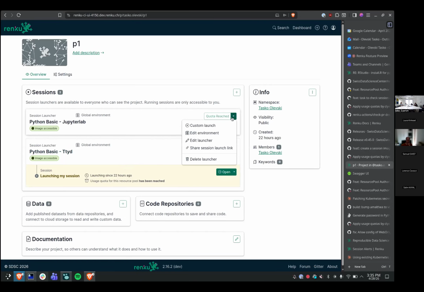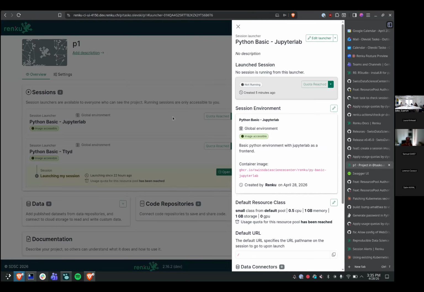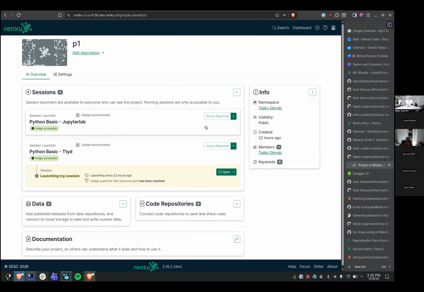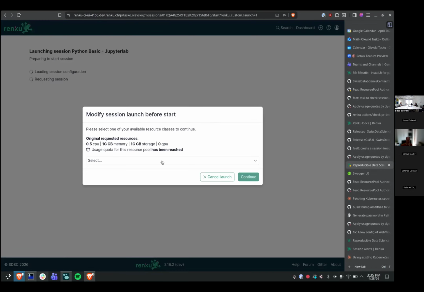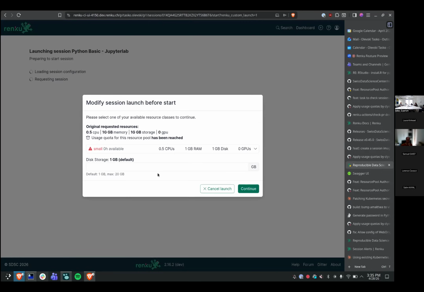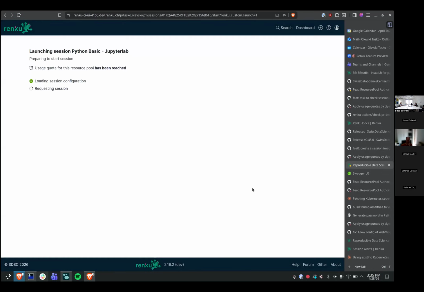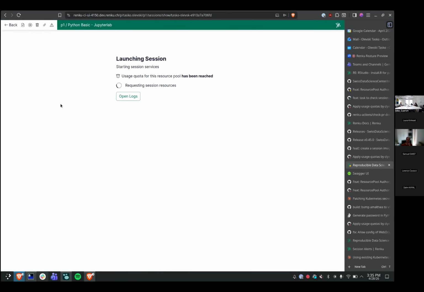I think you can see here, yeah, here it doesn't show me a launch button, but I think I can do custom launch. Maybe I can do custom launch. Yeah, so a few of these things need to be ironed out. So I don't know if this will actually succeed or okay. So